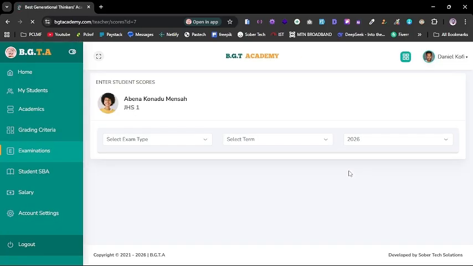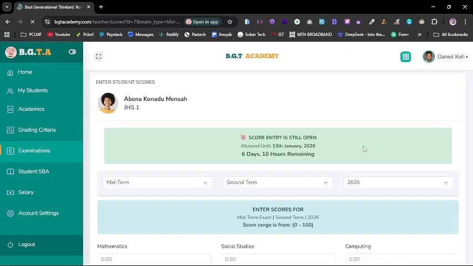These are the most important activities teachers will be performing on this particular system. So when you want to come to scores, you just select exam type. You select if it is midterm examination score that you want to enter for this student, just select it. And then you click the term you want to enter the scores for and the year. So by default, it's 2026, and it will tell you, you can see that